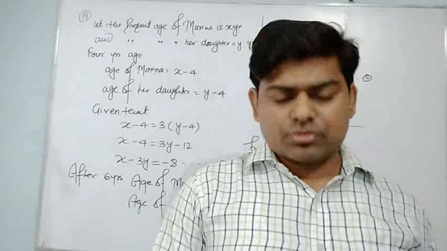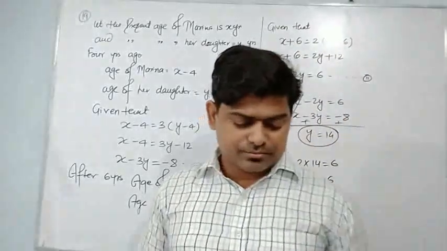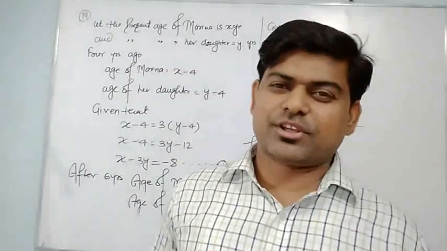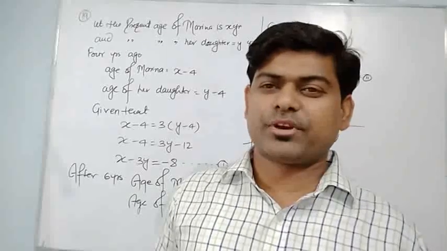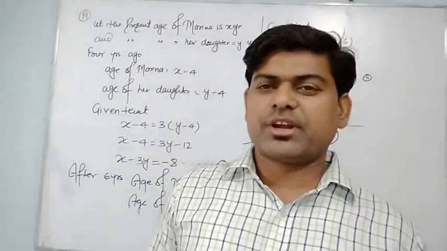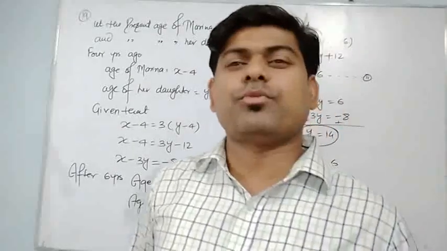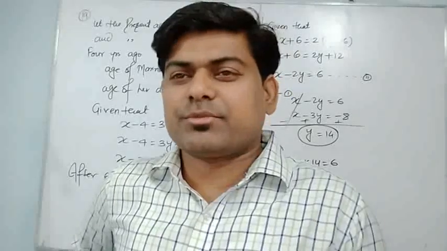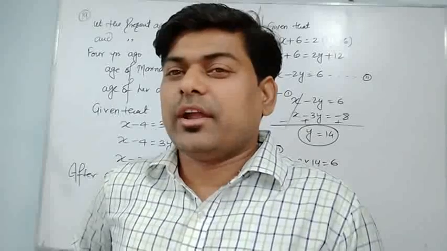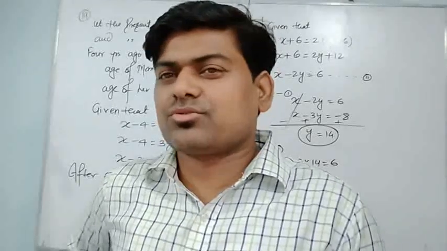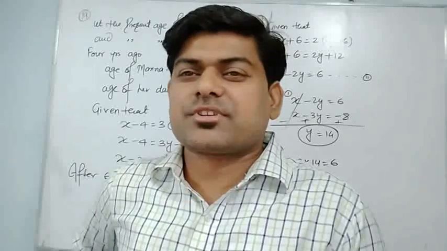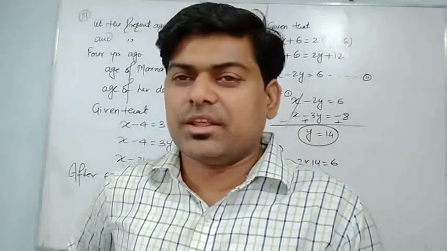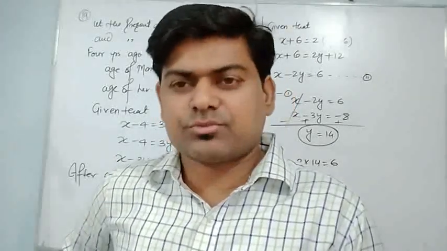After question number 19, questions 20, 21, 22 and 23, all these 4 questions are related to percentage. We are talking about loss and profit in percentage. Or suppose I have some amount and I am going to invest it in 2 forms, and at one place I get a rate of interest of 5%, at another place 10%, and the total interest for 2 or 3 years is that much. Then your question can ask how much amount has been invested in the first case and how much in the second case. Or there are 2 types of bonds, first bond and second bond. Such types of questions can be there.